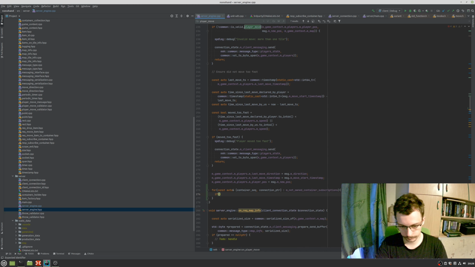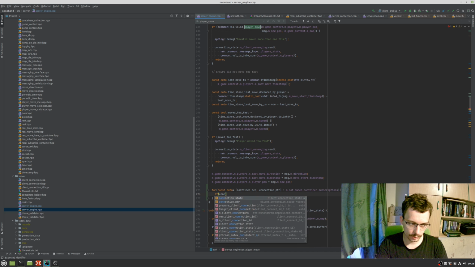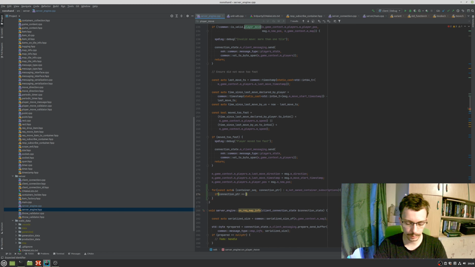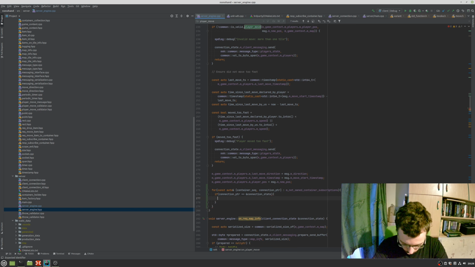And now if the connection pointer is the same as our connection state, we want to check